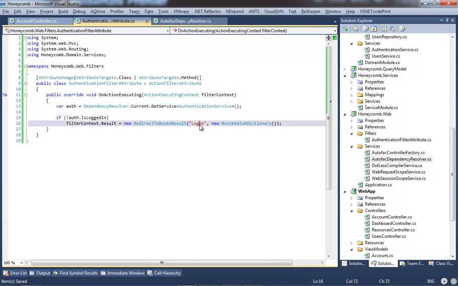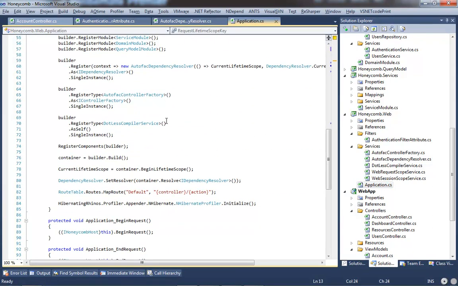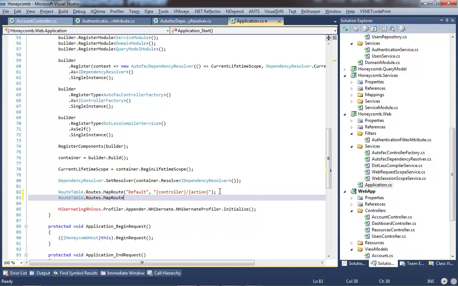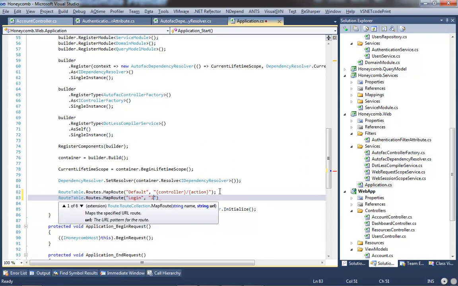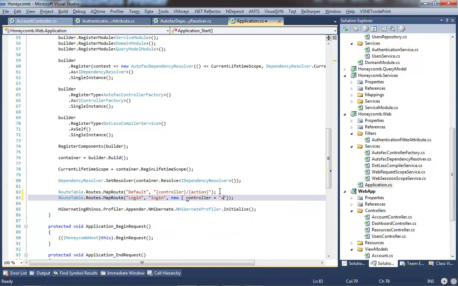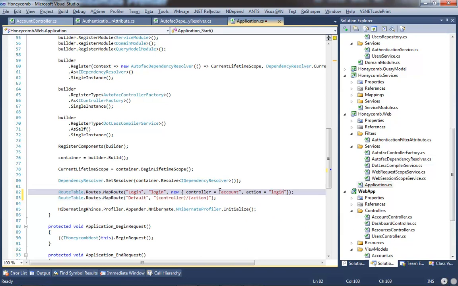And so if you notice, we haven't created the login route yet. I'm going to go ahead and do that in our application.cs. I'm going to come down here and say RouteTable.Routes.MapRoute, login, and then pass in the defaults of controller equals account, action equals login, and I'm going to bring him above the other one so that he has